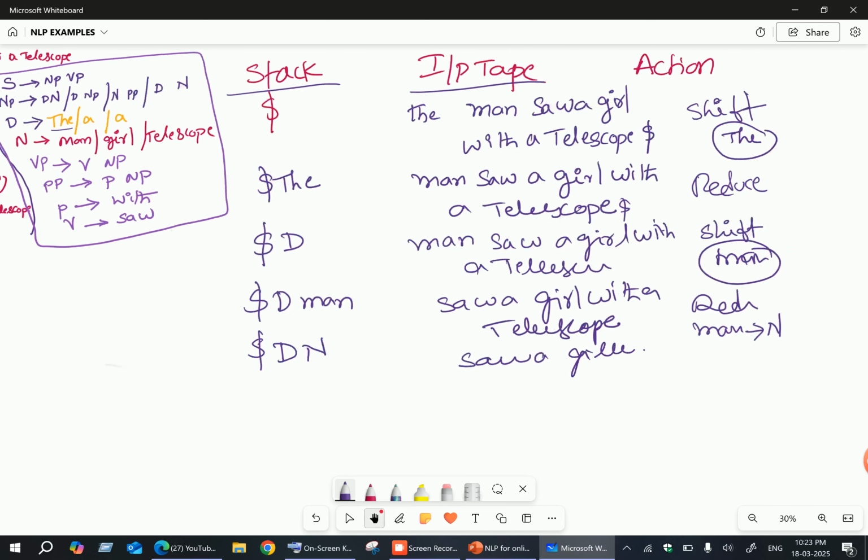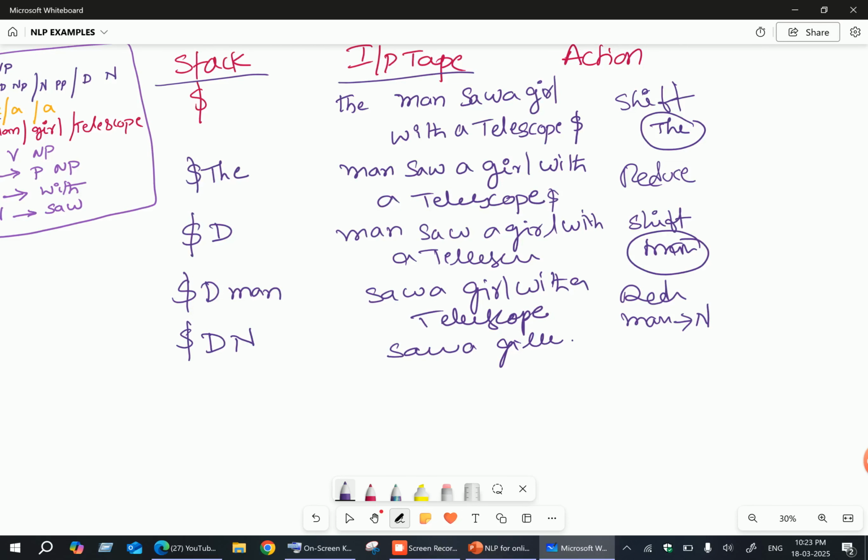So now here again we need to perform the shift operation. Which one are we shifting? Saw. So now $DN saw. You can write down the leftover string here. So now you can reduce. What is saw? It's a verb. You can reduce, saw is a verb. So now after reducing,